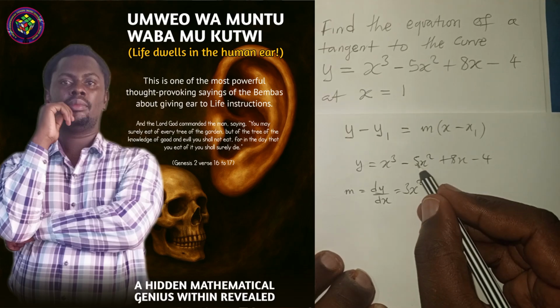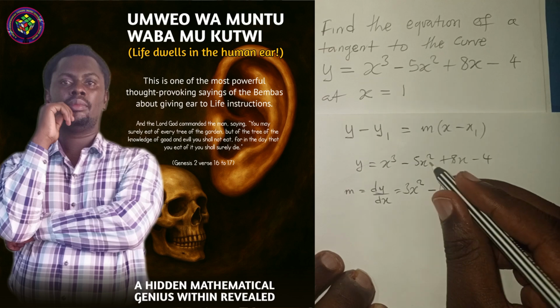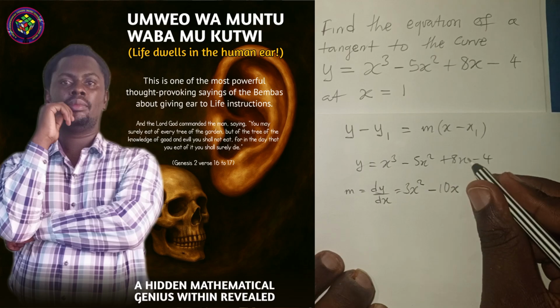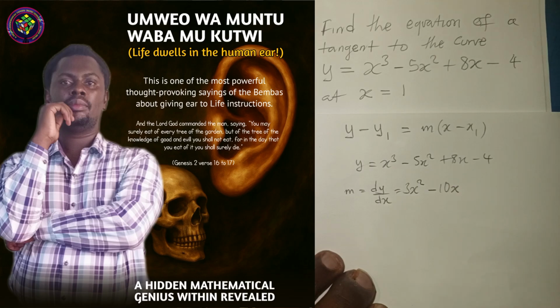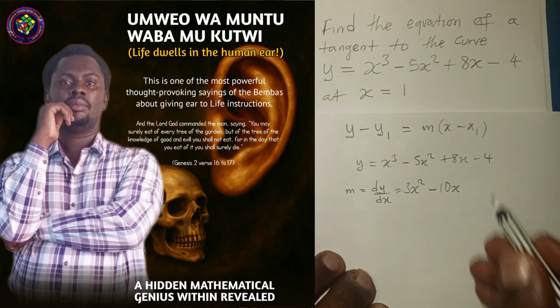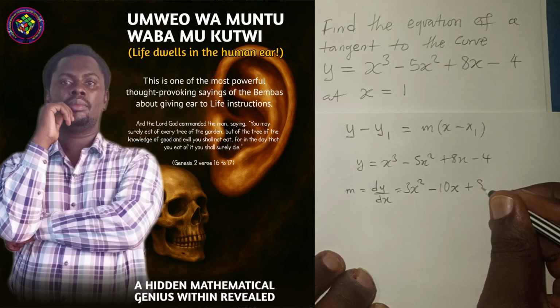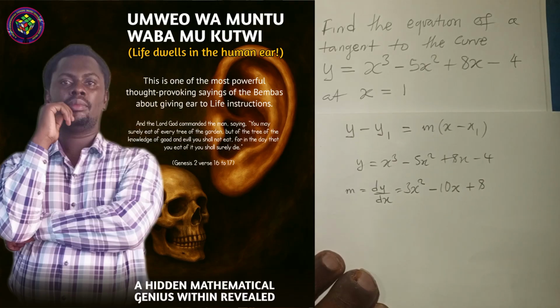Minus, you multiply the 2 by 5, that is 10. Then the power will reduce by 1, so you just get 10x. Then the derivative of 8x is just 8. We just get rid of the variable x there, so we remain with plus 8. Then the derivative of a constant is just 0, so we just get rid of that minus 4. Okay, so this is the function for the gradient, and we are told that it is at x is equal to